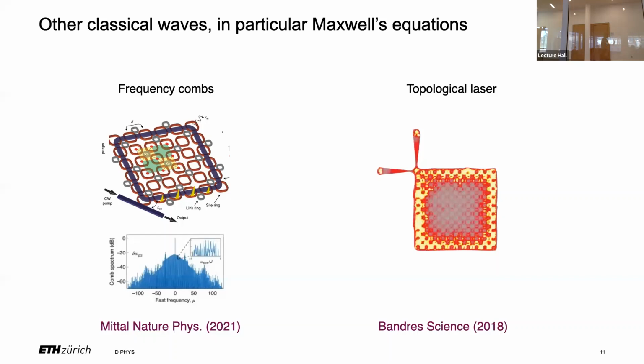But of course, topology in classical waves doesn't need to be a mechanical degree of freedom. It can be any classical wave equation. In particular, Maxwell's equations are something people push very far, and there are beautiful experiments, but also routes towards technologies. So what Mohammad Hafezi showed us, that you can do frequency combs that overcome some limitations typical frequency comb setups do not have. Then from Mordechai Segev's group, we have a topological laser. So they put with photonics, with light, this topology at work.